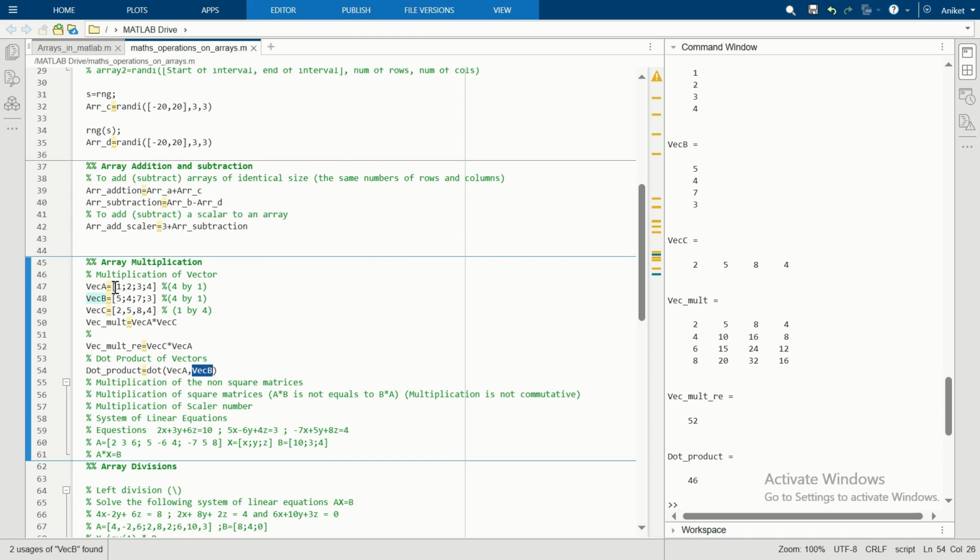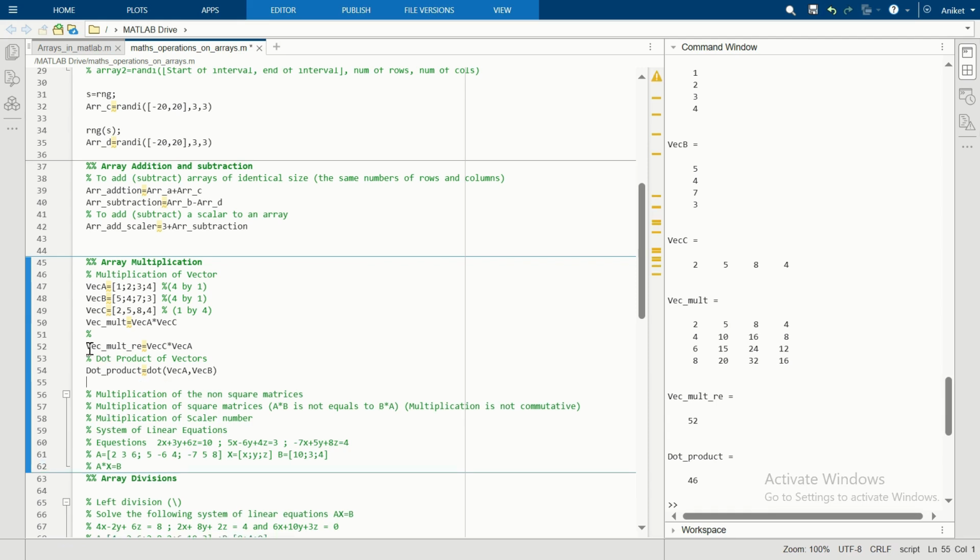So what it will do, it will take this one vector A, it will convert it to a row, and this will remain a column vector, and then it will multiply. So if you try this, it will give the same answer. Okay, what we will do,